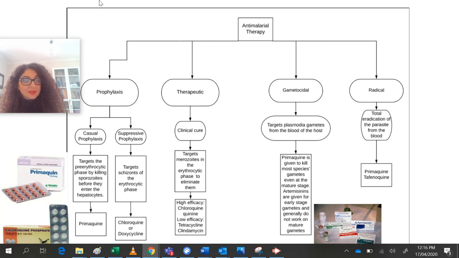It's already started some of those problems in the liver cells, but what a suppressive prophylactic is going to prevent is, whenever the schizonts are formed in the red blood cells, it's actually going to target those and prevent them from bursting and allowing more of those merozoites to enter the red blood cells. So the type of antimalarial therapy given there is something called chloroquine, or you can also use doxycycline,